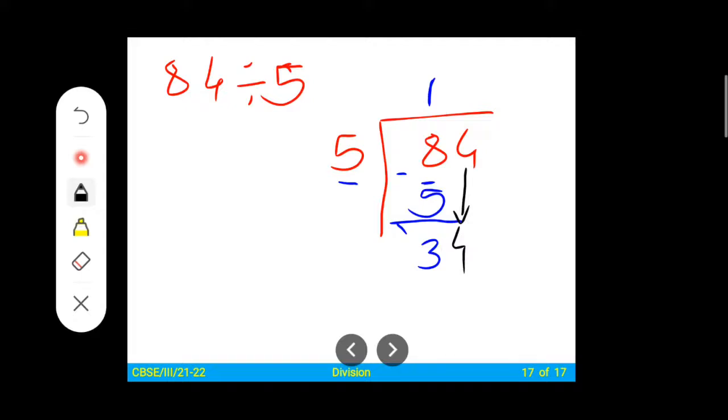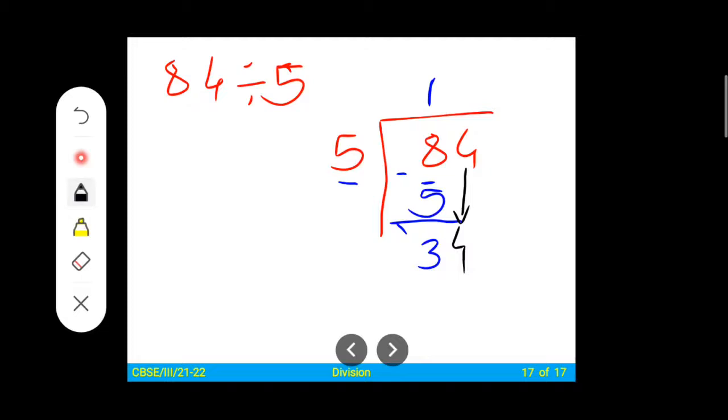Now there is a 2 digit number, that is 34. अभी आपको क्या मिल गया, अभी आपको मिल गया है 34. अभी आपको क्या करना है, you have to divide 34 by 5. आपको 34 को डिवाइड करना पड़ेगा. पहले आप 3 को देखो, 3 is smaller than 5, so you cannot divide only 3, so you have to take 34.